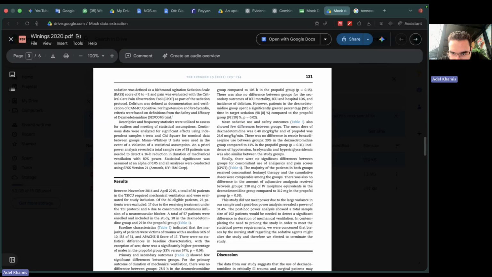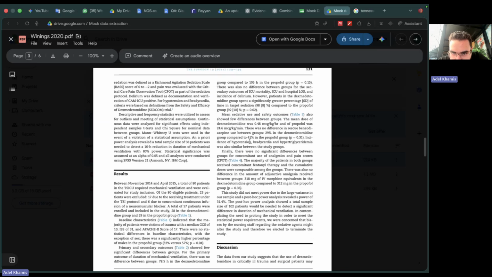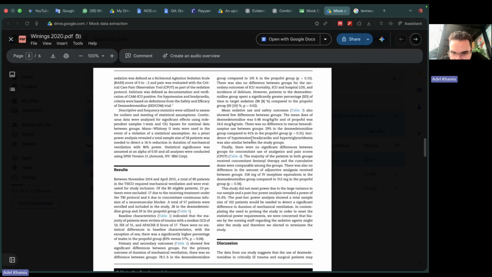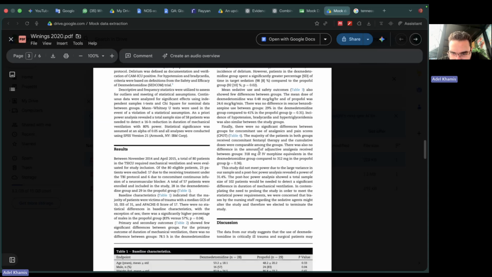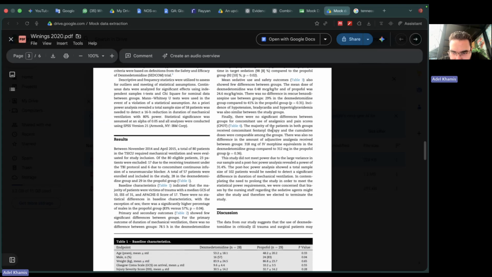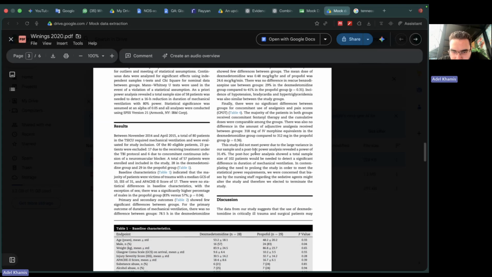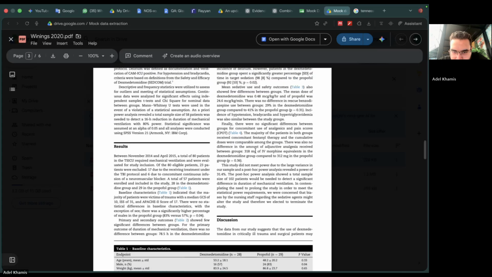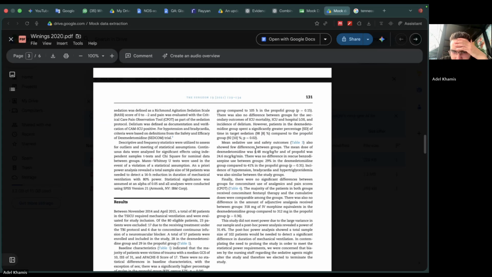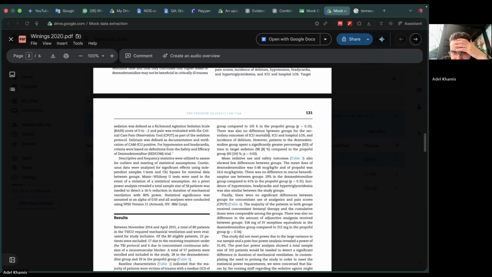There is no difference in risk between groups, incidence of hypotension, or the use of analgesics. I don't know about this. Yeah, here I think. However, patients in the dexamethasone group spent a significantly greater percent